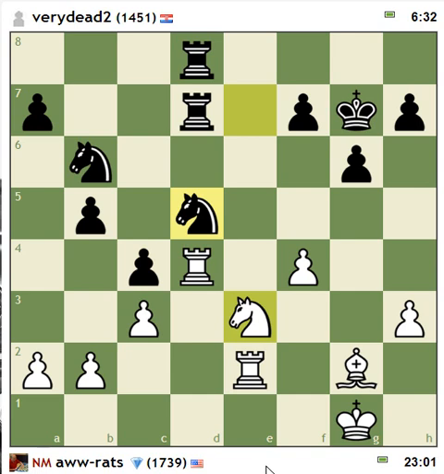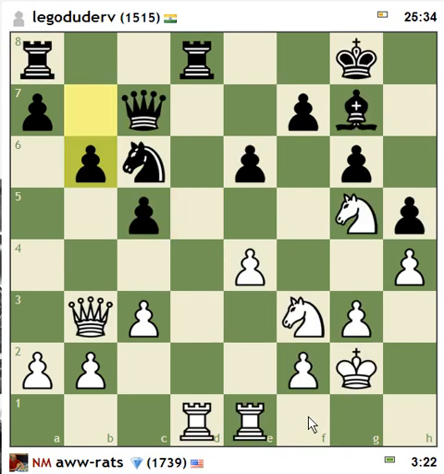Knight takes. I pin it. I have an idea here. Okay, I take. We'll come back to it. Now, did you move? Yep, b6. Okay, now...